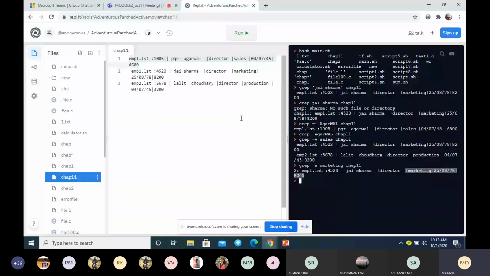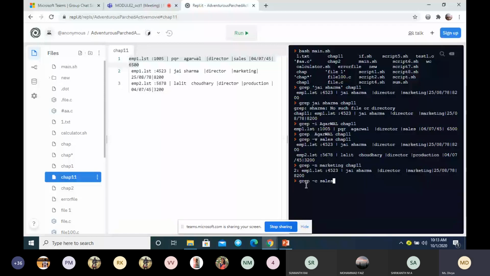The next one, minus c. Minus c is meant for counting the lines containing the pattern. So here we will go for grep minus c, CHAP 2.